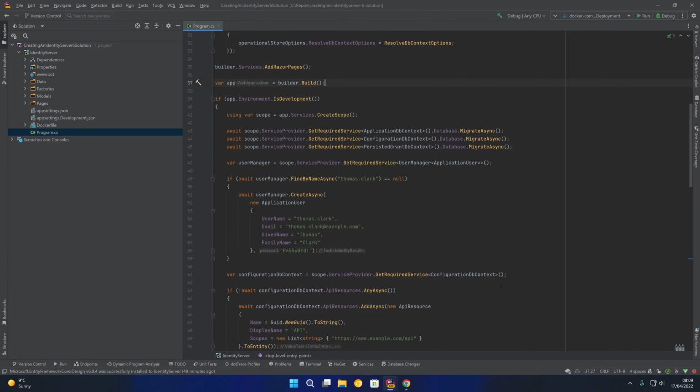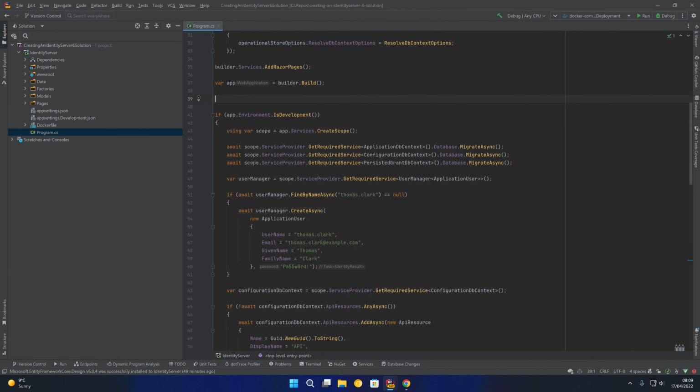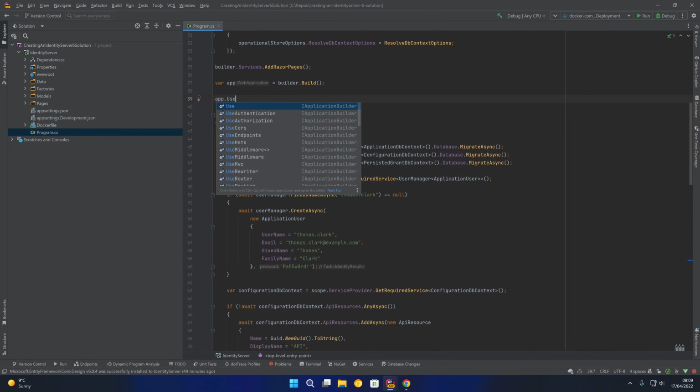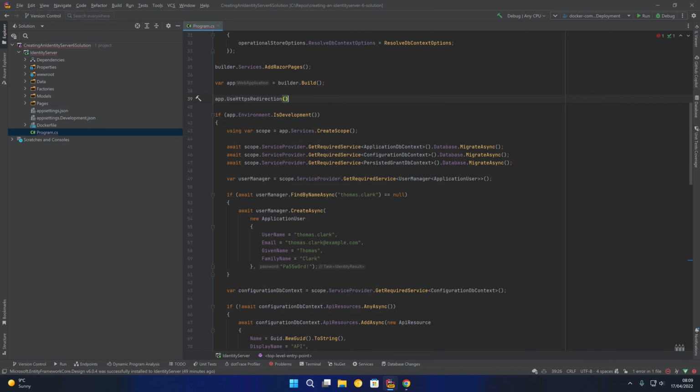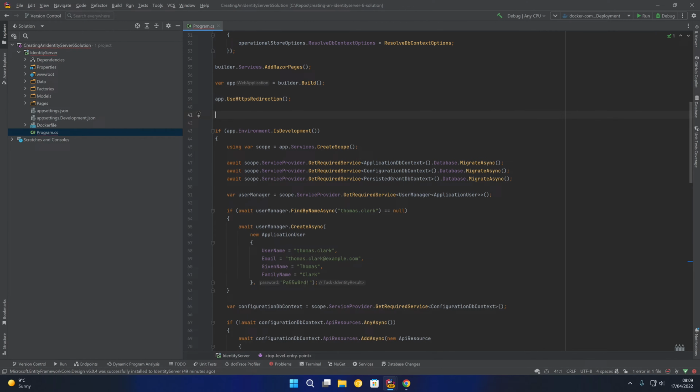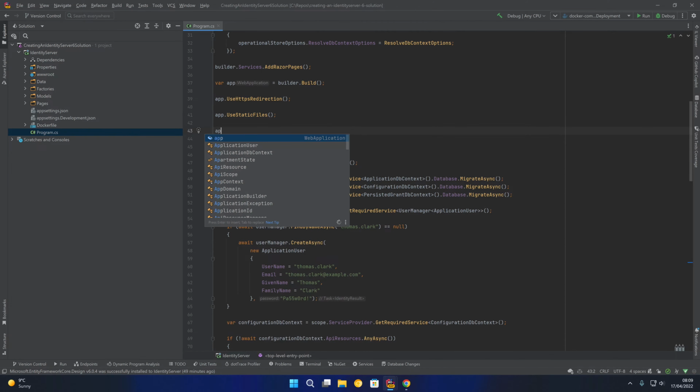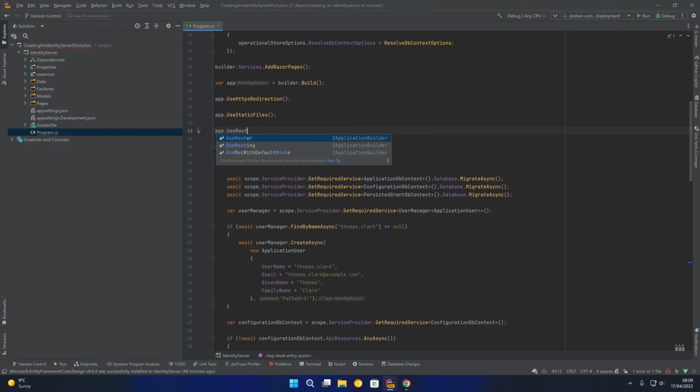And then if we come down to our middleware, we're going to want to set up some middleware for our application. So we can say app.UseHttpsRedirection. We can say app.UseStaticFiles. Static files means that it will pick up the static files in the wwwroot folder. We can then say app.UseRouting to ensure that routing is configured appropriately so we can navigate around the different